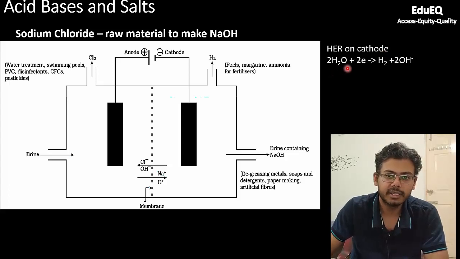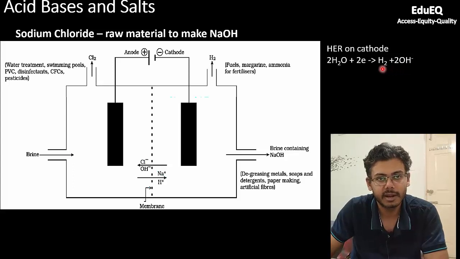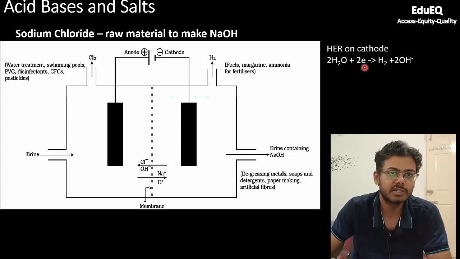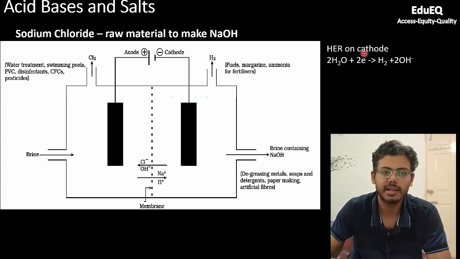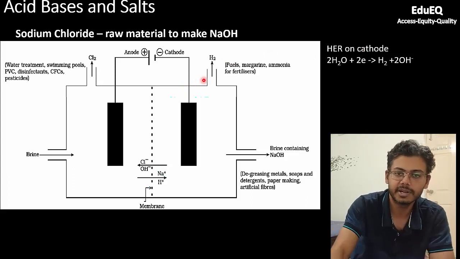So water is taking 2 electrons and it is breaking down into hydroxide ion and releasing hydrogen. You can see here, this is gain of electrons, and gain of electrons is called what? It is called reduction, and reduction happens always at the cathode. So you can link it with the first chapter that we completed.